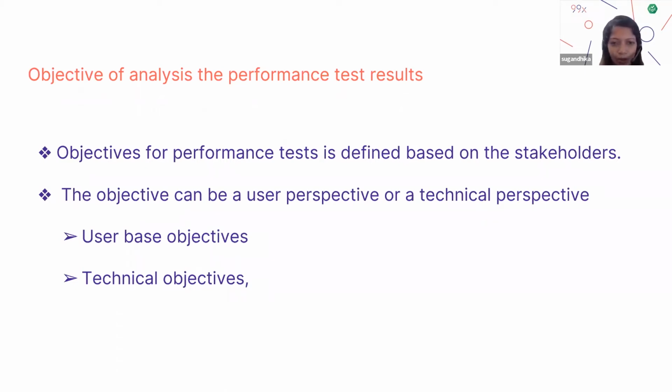That's his objective. Then there's another objective, the technical perspective, where your developers and your architects are watching this test, and they want to know whether our architecture is right, whether it's expandable and available, will it be available 24/7. Likewise, these things, they want to know the technical perspective. The customers, the users, they want to know the user perspective. So these are two perspectives you have to consider when you start the performance test planning.